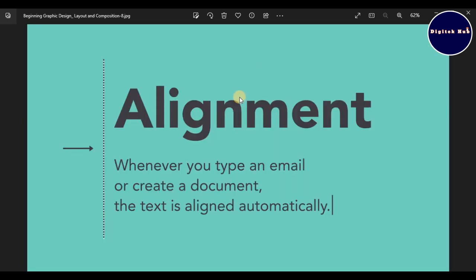And the next one there is alignment. So you have always used alignment. So whenever